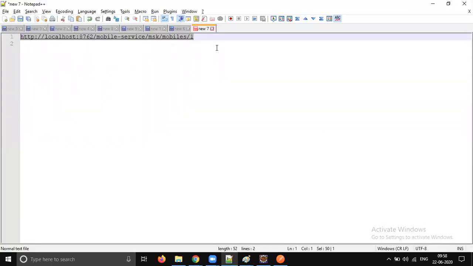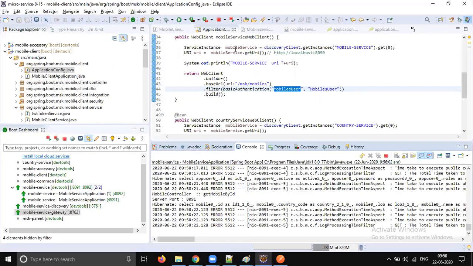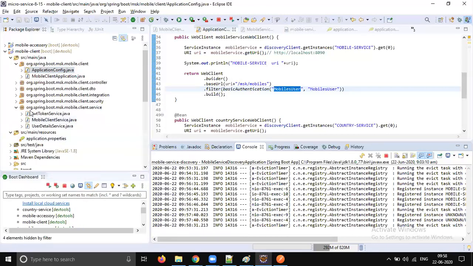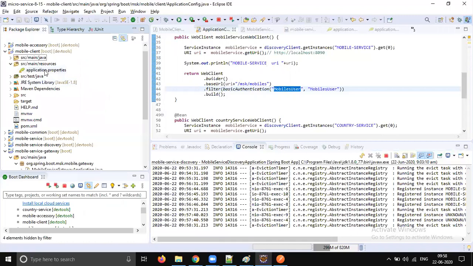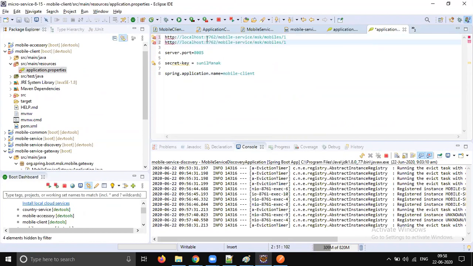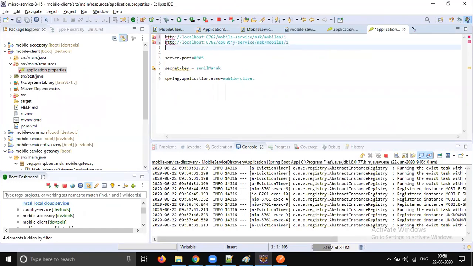So now let's go to the client and make changes to use the gateway URLs instead of using Discovery. So this is for mobile. Let's do the change for country. And let's add one more for accessory.